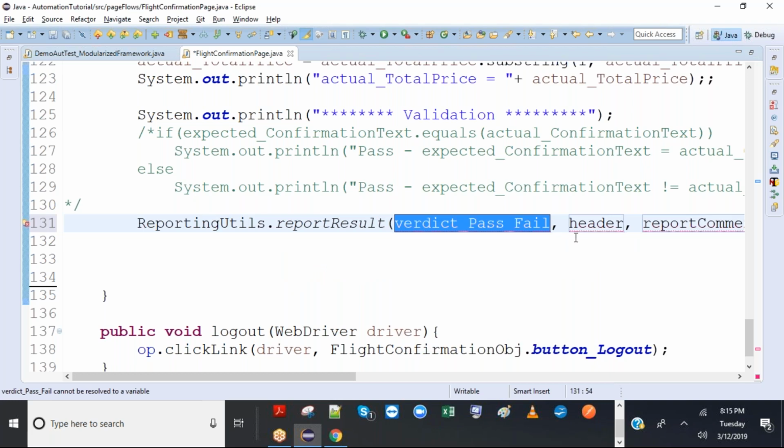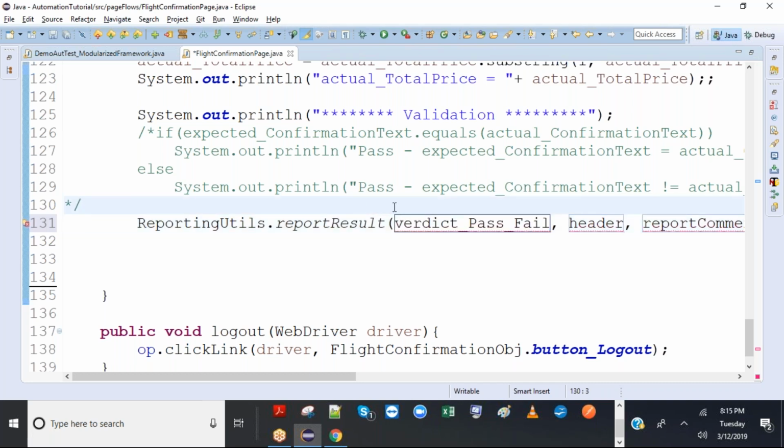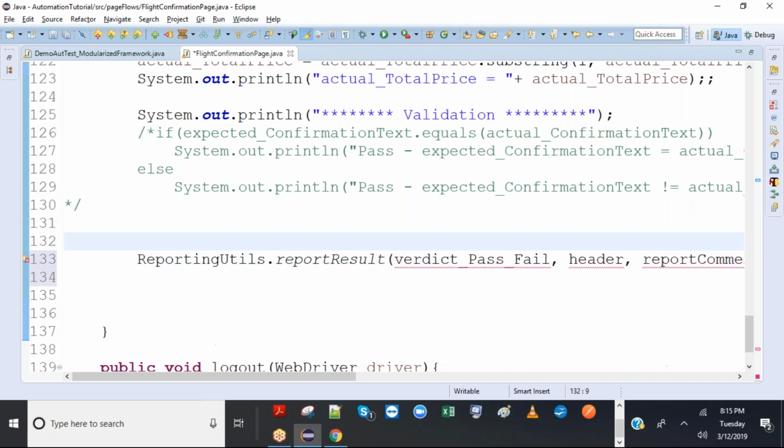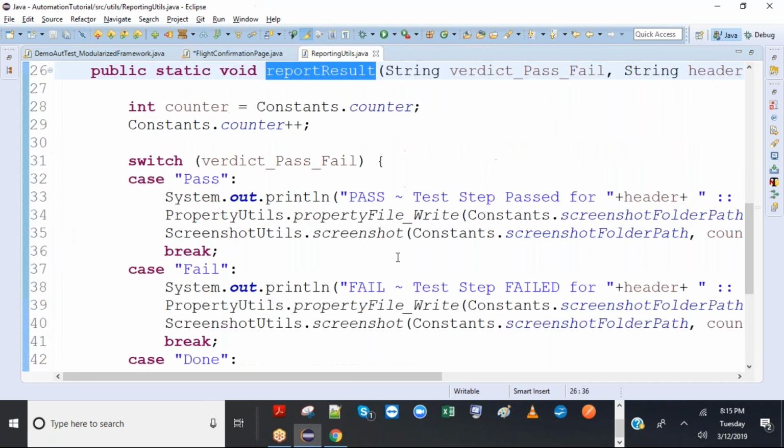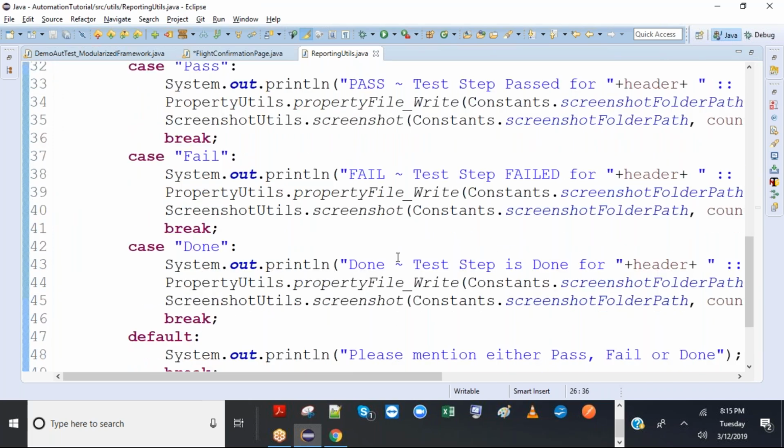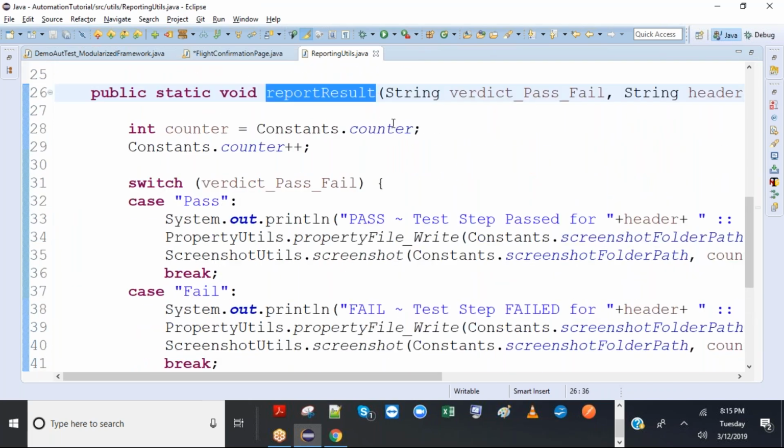Okay, so pass or fail. So this will take directly pass or fail. So this we cannot pass a boolean. So let's compare. So a compare method we can create actually. So let's go and compare. So this is the method. First, let me explain, and then we'll go.